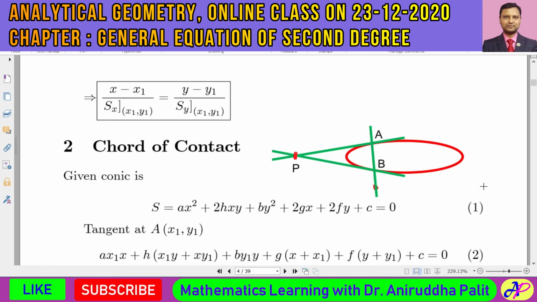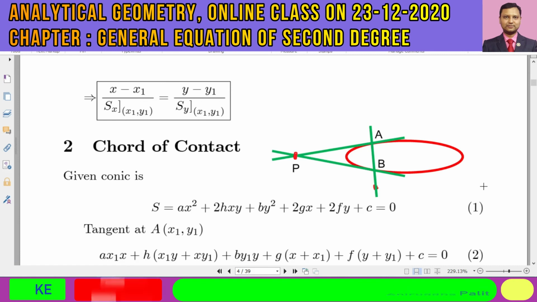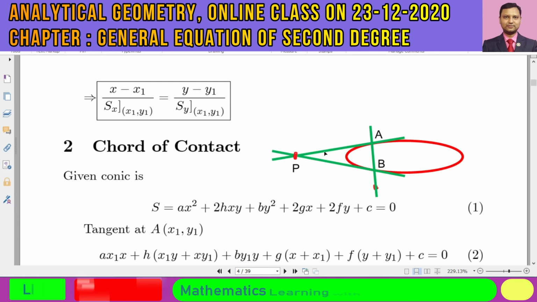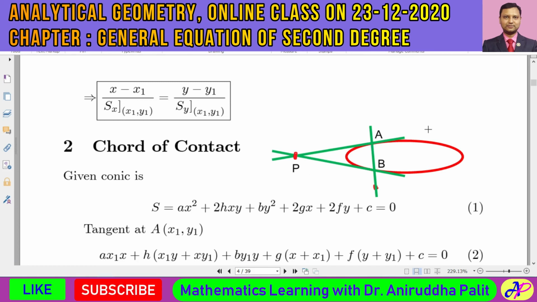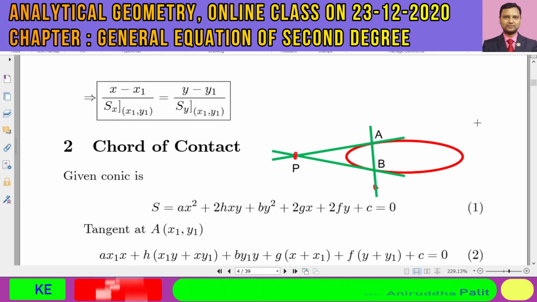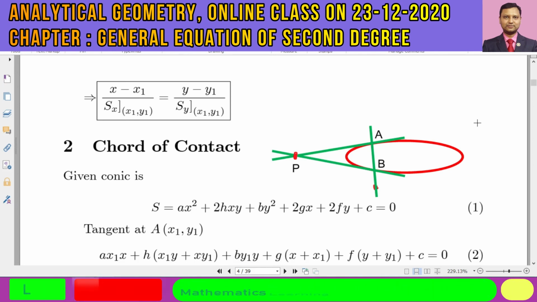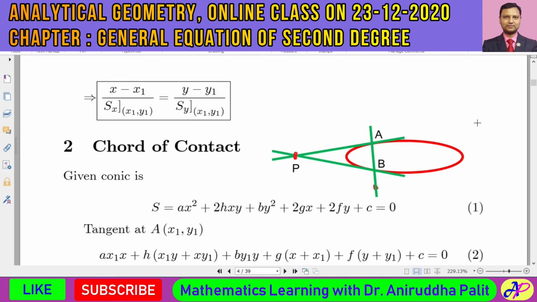But you may have certain confusion regarding the fact that we already got a result T is equal to 0, which represents a tangent at a particular point. But over here, sir, we got the same kind of result, that T is equal to 0 represents a chord of contact. This chord of contact AB is not a tangent line. So how can we get these two different results by the same kind of formula? This is one question that may hit your mind, that we are applying the same formula T is equal to 0. Let me make it very clear.